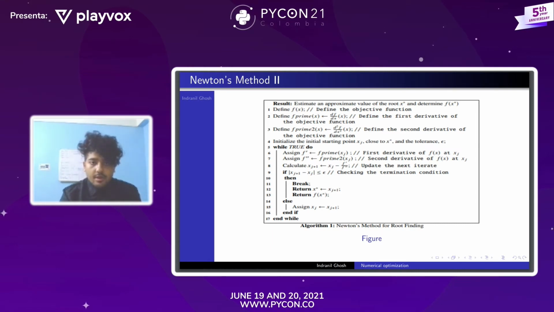So we find out f dash, that's the first order derivative, and the second order derivative at xj, and then we find xj plus 1 equals xj minus f dash by f double dash. Okay, that's the new iterate, and then we check the termination condition. If it is fulfilled, we return x star and f of x star, otherwise we carry on with the new iterate, that is xj from xj plus 1. Okay,